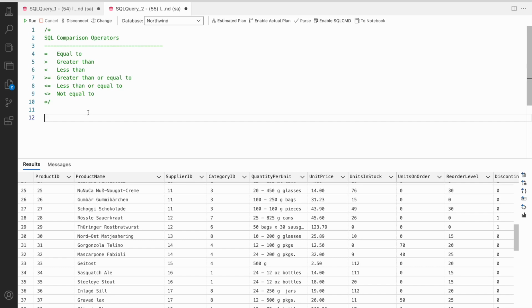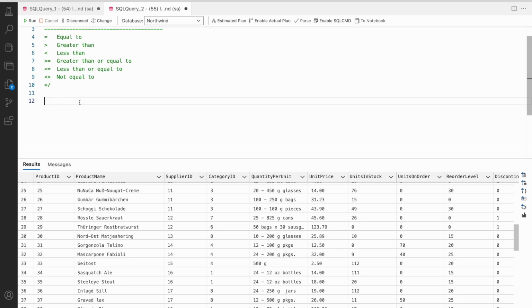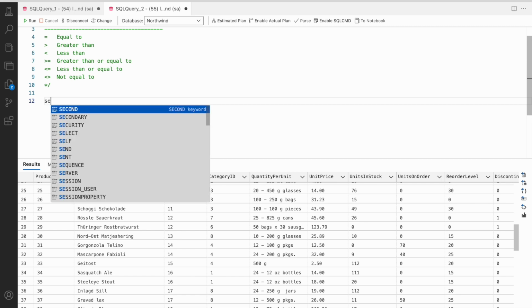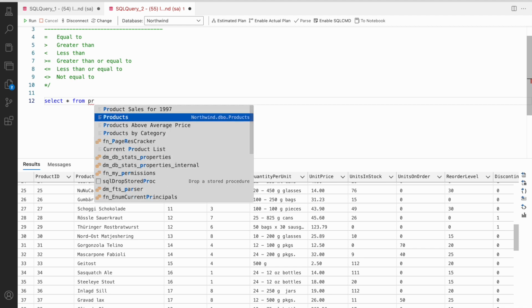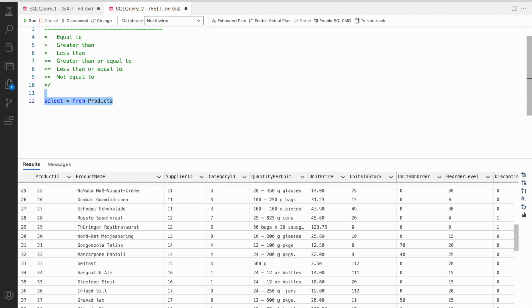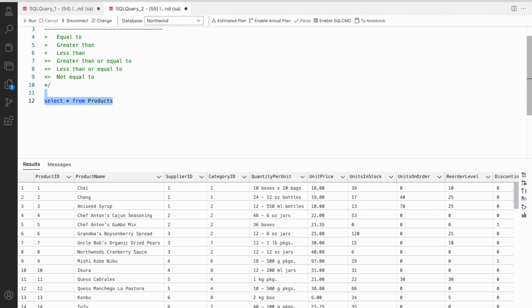Hi guys, during today's video we will cover SQL comparison operators, and as you see here, these are the list of SQL comparison operators. Let's do some examples in order to understand how to use these operators in real-life projects or examples. Let's open for this example our products table, and if I open this table we can come up with some questions and how to solve them using comparison